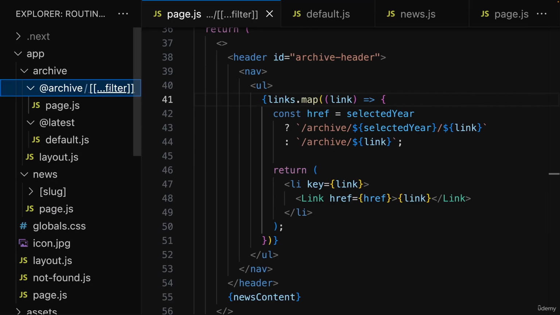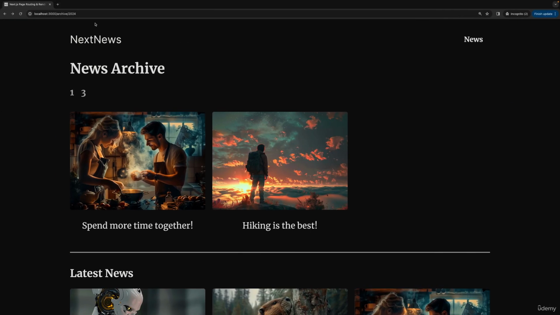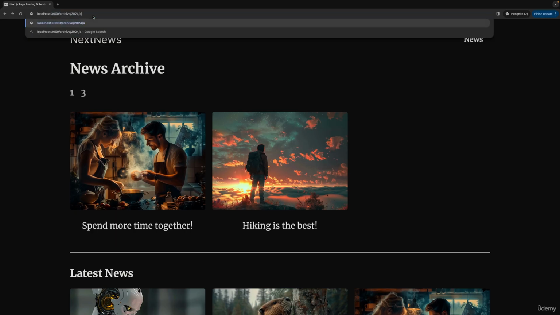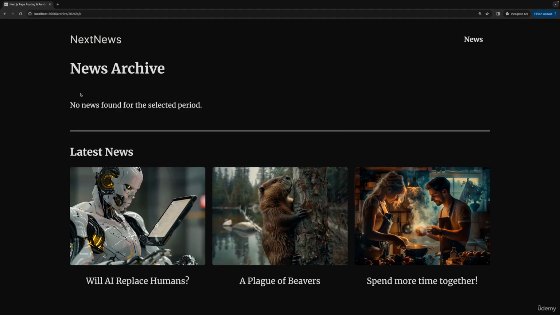So we used this catch-all feature here, but currently there is one problem, if you want to call it like this. Whenever we enter something invalid here, like too many path segments, we see that fallback text. Now, that's actually not necessarily a problem. We might be fine with that, but we also might want to actually show an error instead